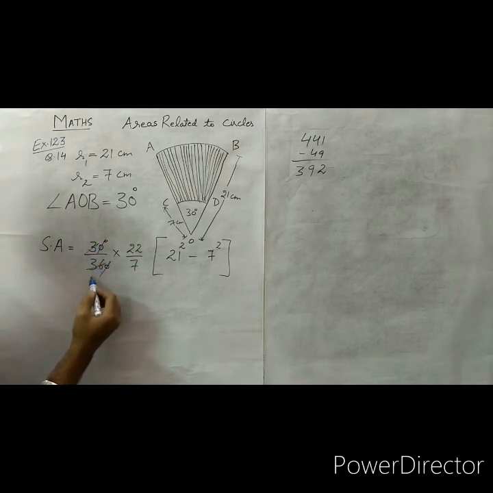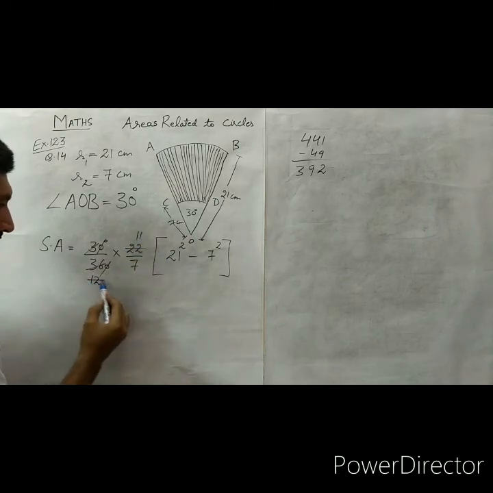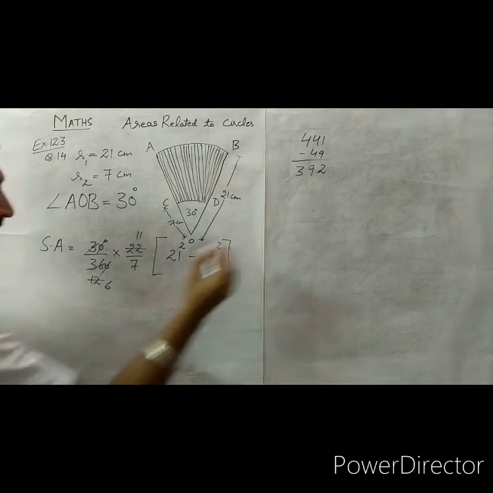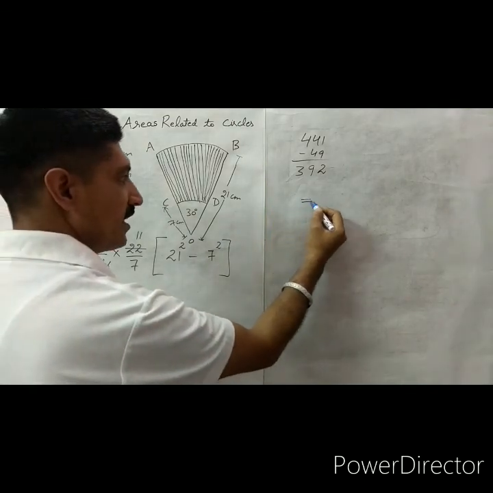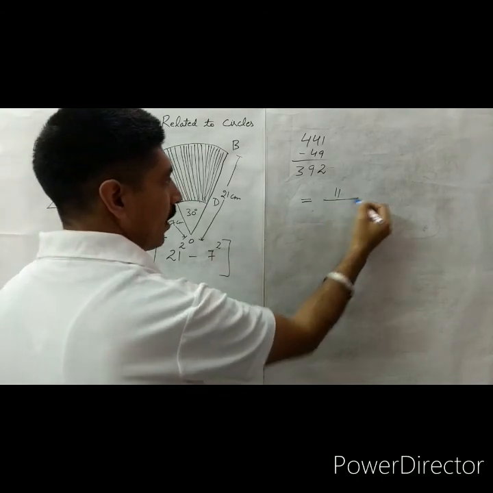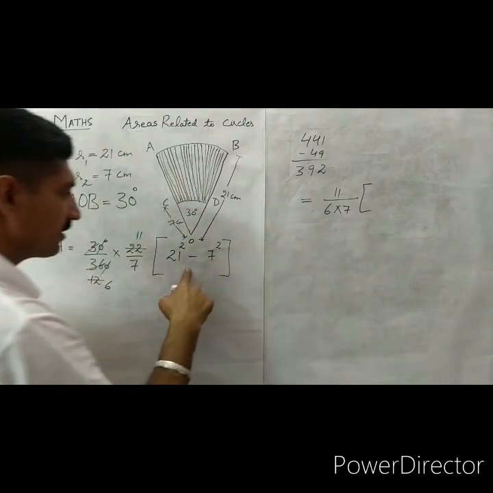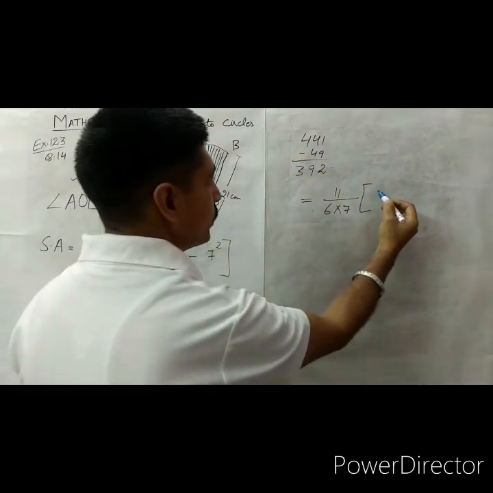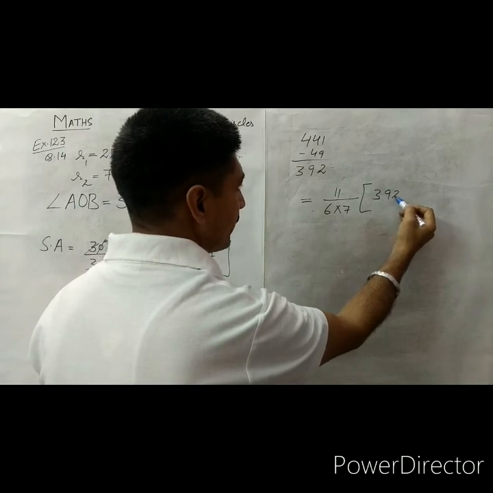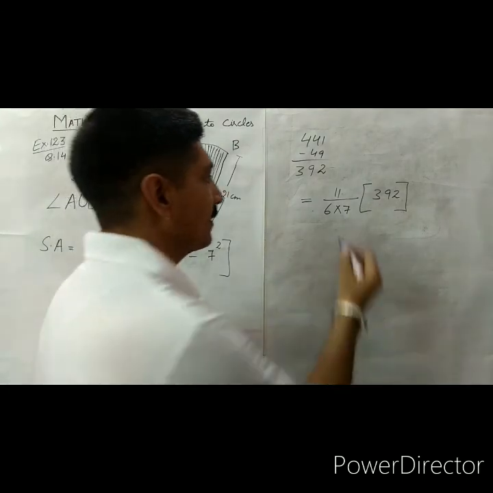3 ones are 3, it is 12 here. And again we have, it is 11 and here it is 6. So we have further calculation, the shaded area is equal to 11 upon 6 into 7, and here it is 392 here. So with 7